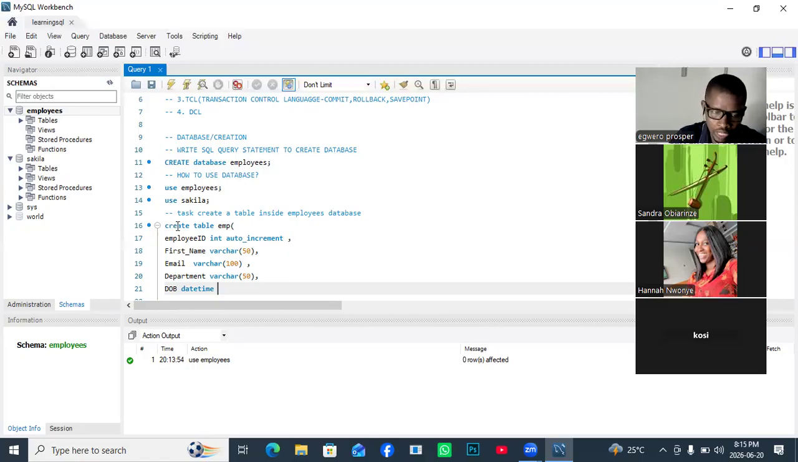So for example, create is an inbuilt command. Table is also an inbuilt command. That is why they are referred to as keywords. Now, employee or EMP is the name of the table. But before we started creating this table, we first used the database under which we are creating or adding the table. So at the end of running this code, the table will be created under the employees